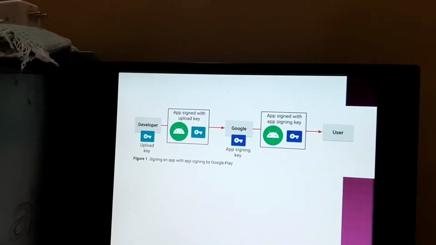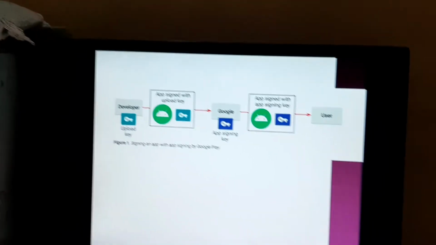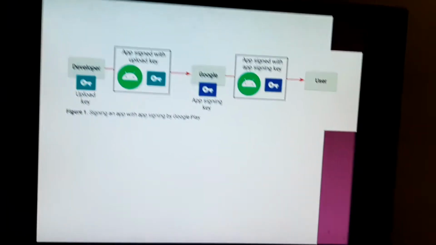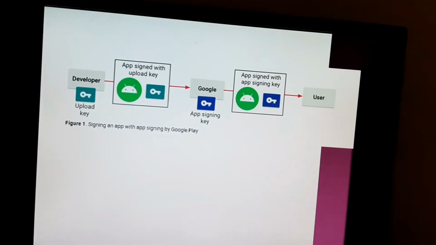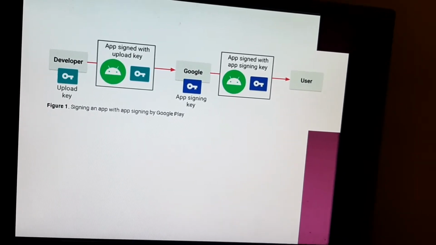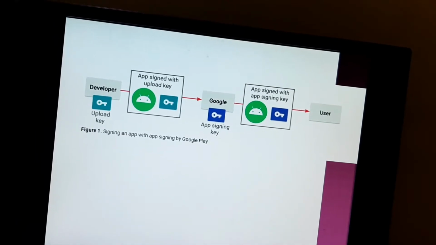Okay, this figure shows you the actual process of what is going to be done if you are having a key or not having a key.